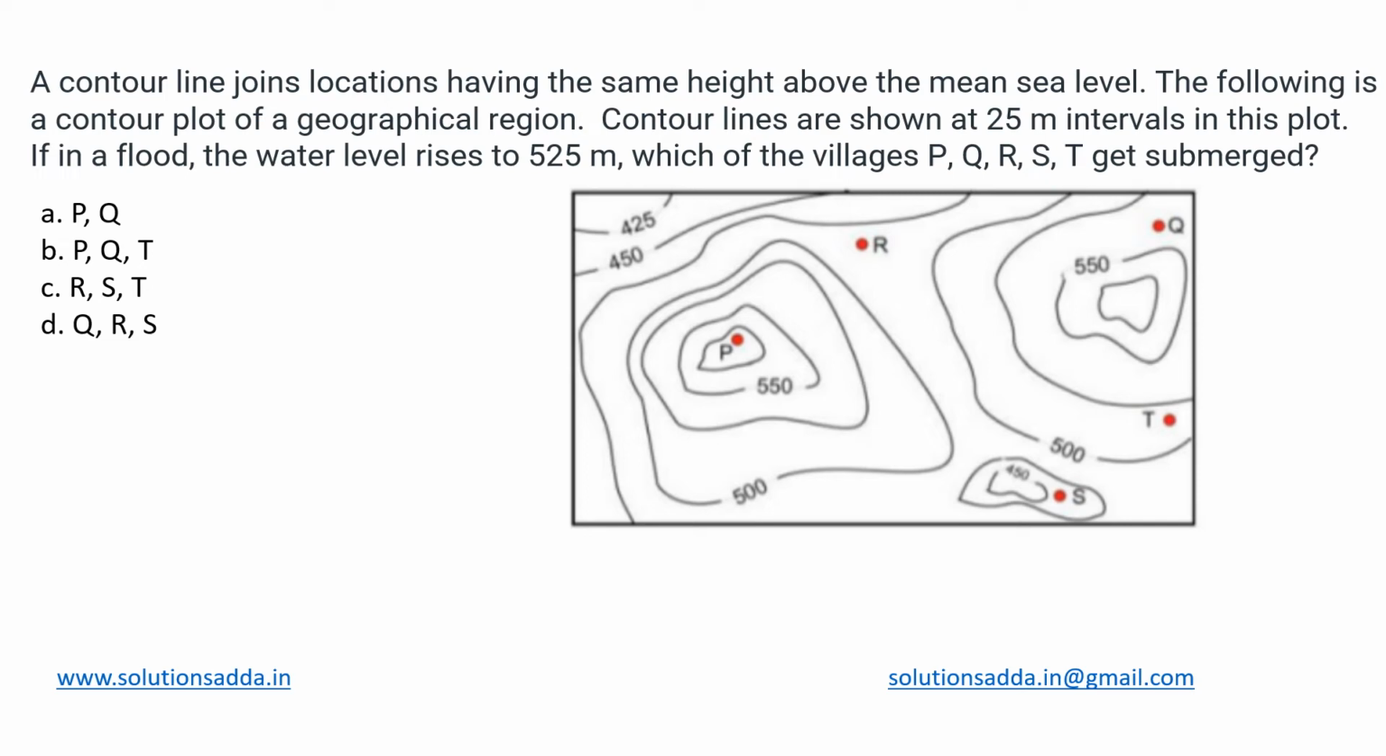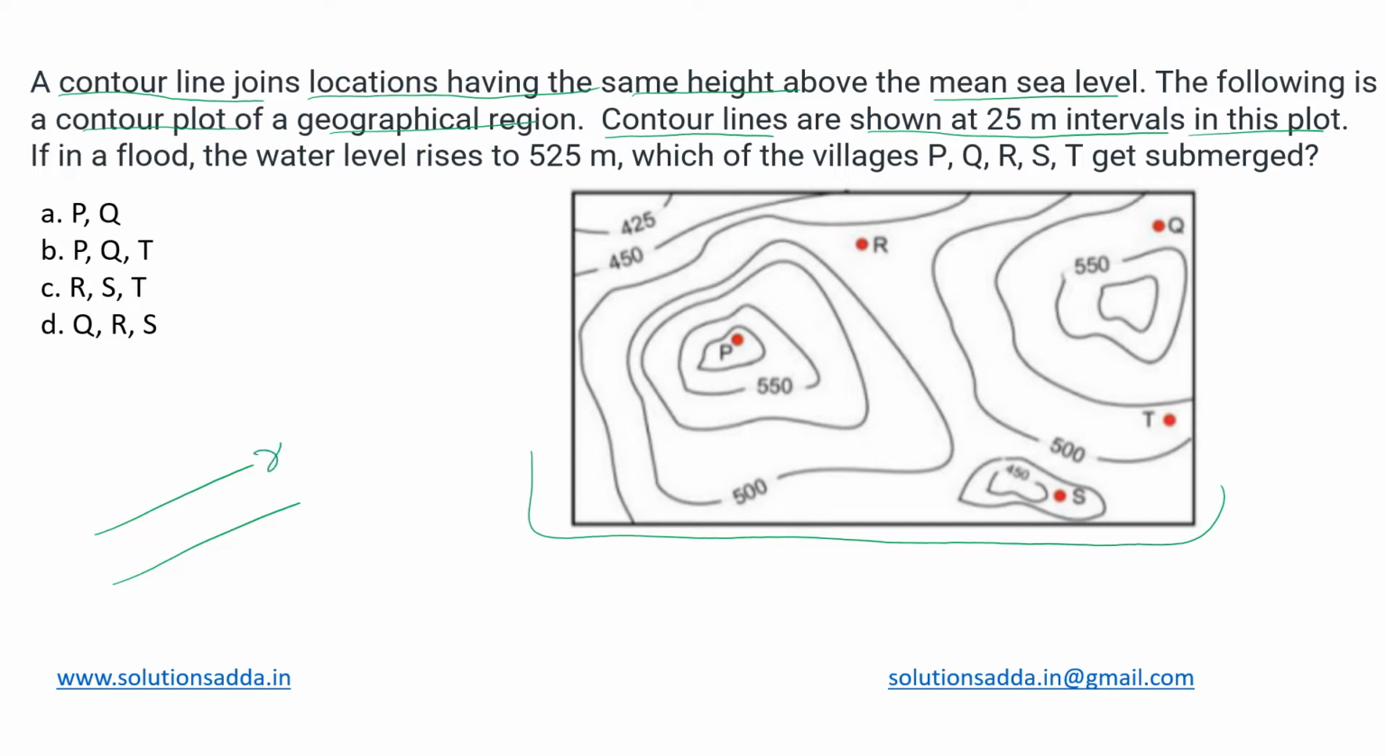This is a data interpretation type of question. It is saying that a contour line joins locations having the same height above the mean sea level. The following is a contour plot of a geographical region which has been represented in this picture. The contour lines are shown at 25-meter intervals in this plot, which means if we have two adjacent contour lines